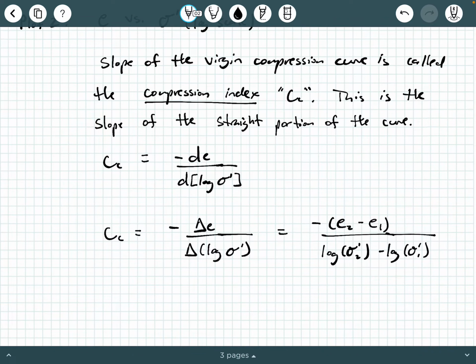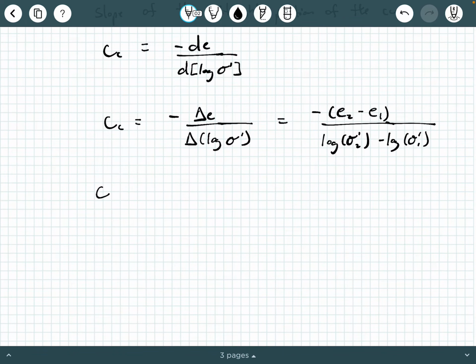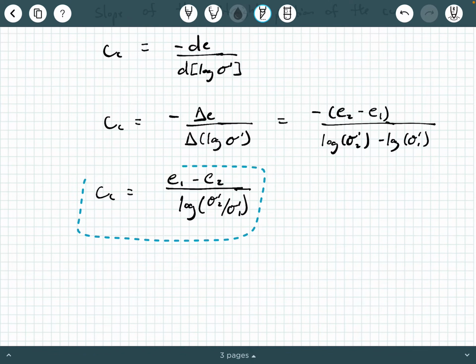And then we can rewrite this as C sub C equals E1 minus E2, and then we can collapse these logs, because the difference of two logs is the log of the quotient, so sigma prime 2 divided by sigma prime 1, okay? And this should be a familiar formula to you. We covered compression index extensively when we were in soil mechanics, and of course,